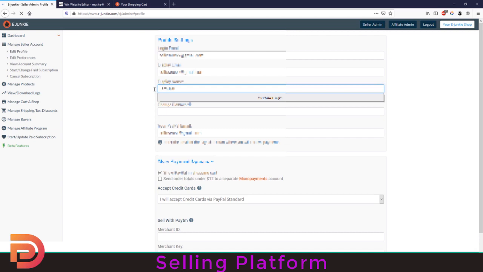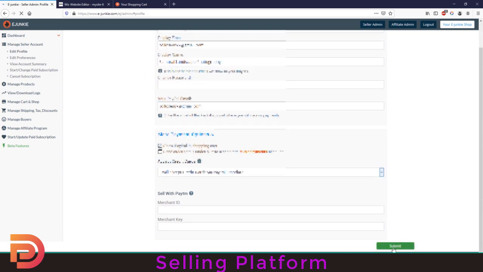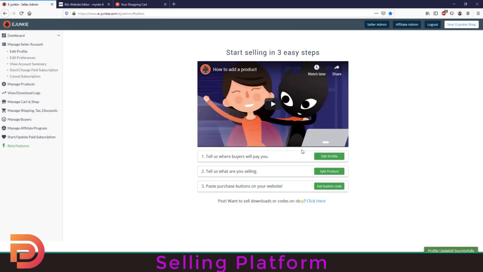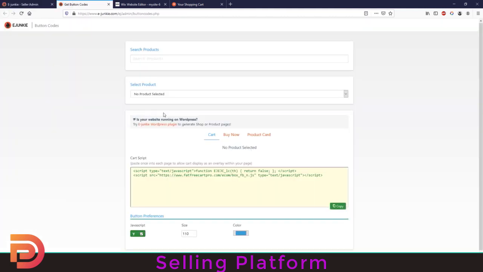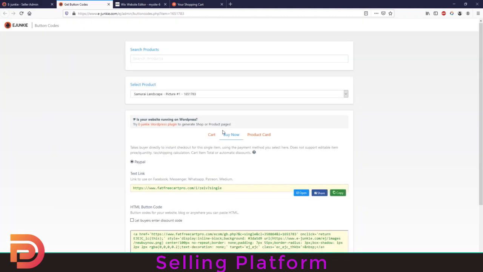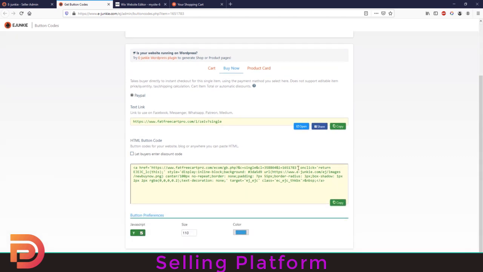Samurai Landscape Photography. Now this is what will show up on your purchase button. So if you go to the add to cart, at the top it will say this. I'll show you that in a second. So submit that. Now if we go to the manage products, get the purchase buttons, select product 1, copy that code again,